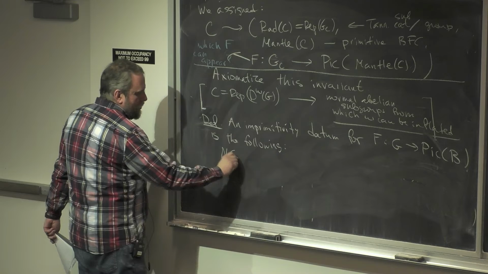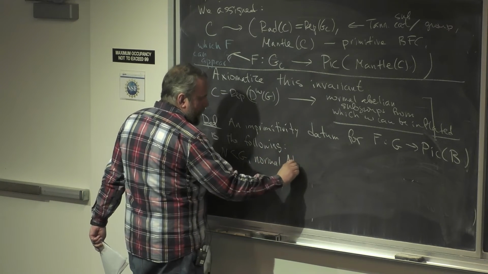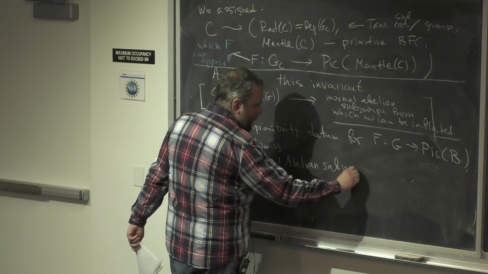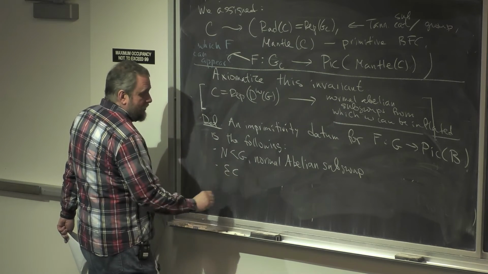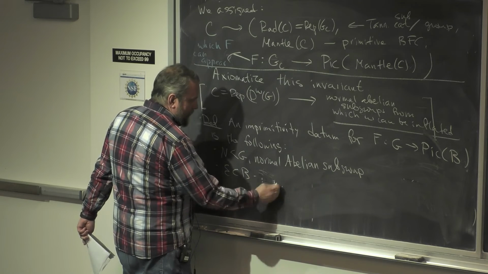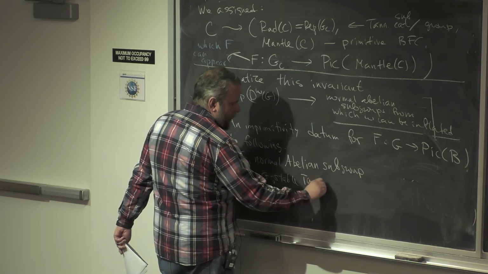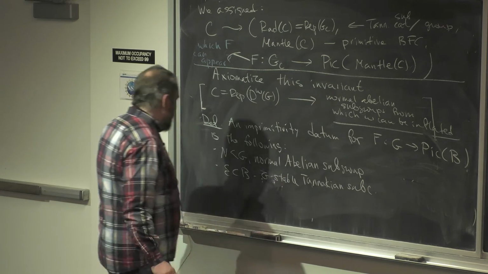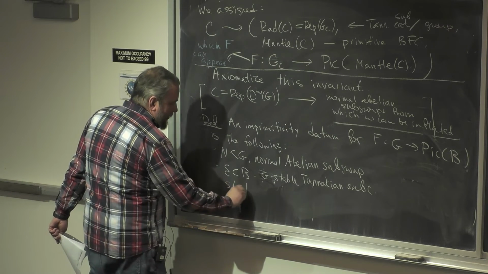N in G, a normal abelian subgroup, E inside B, a G-stable Tannakian subcategory, such that there is